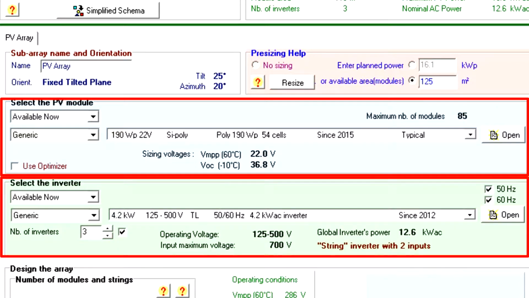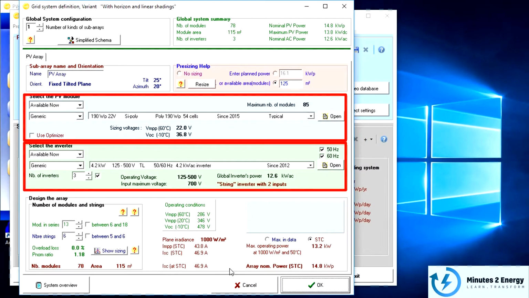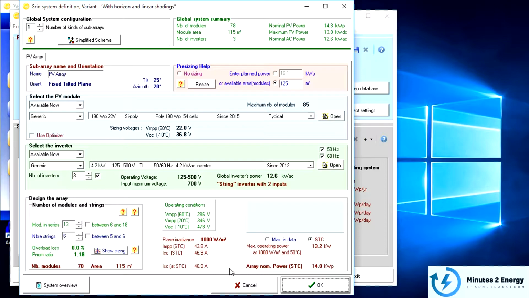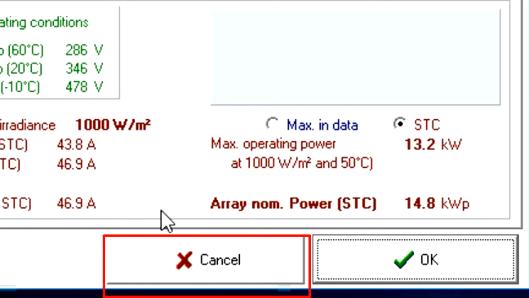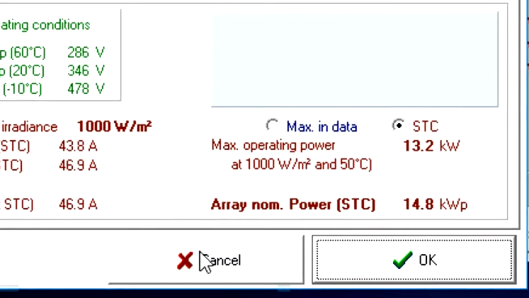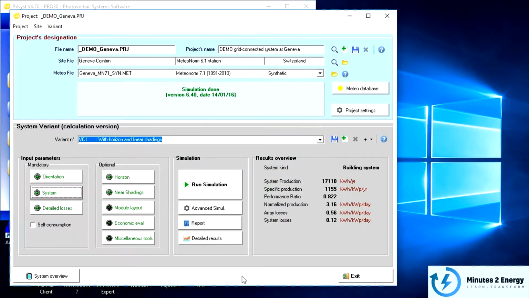The quantities of modules and inverters are always calculated based on the desired or planned PV capacity that you can enter in the top right corner of this window. Here in our case, based on the desired capacity, the numbers of PV modules, inverters and even the string configurations have been generated automatically by the PVsyst program. Okay, without changing anything here and keeping them as they are, click on the cancel button below this window. By clicking cancel, you have discarded any changes that you may have made unintentionally here. Please note, clicking cancel is only for this tutorial, as we don't want to change anything in this default project provided by PVsyst.